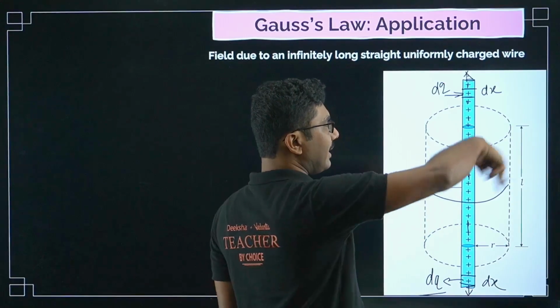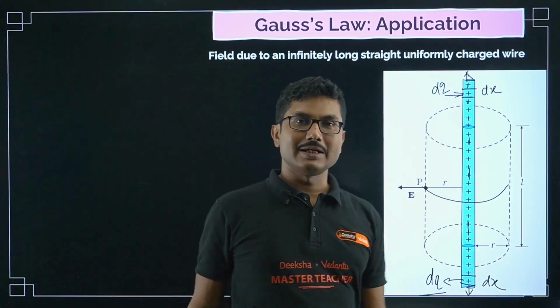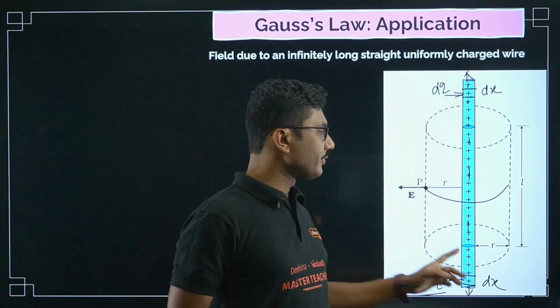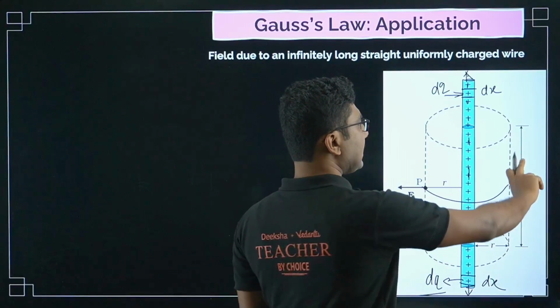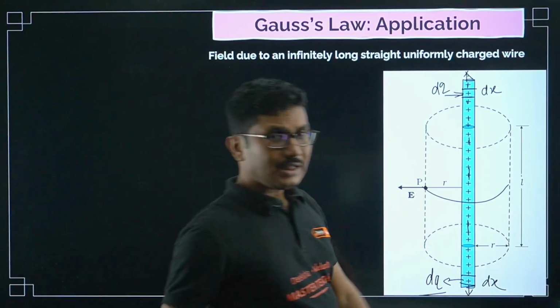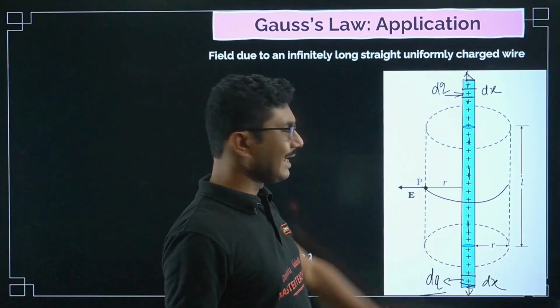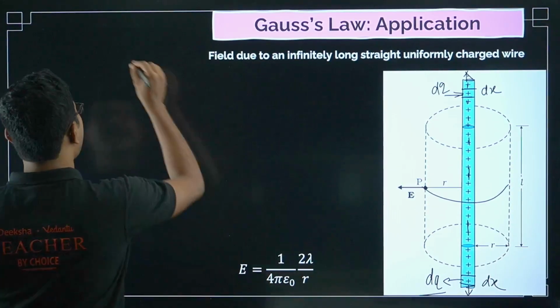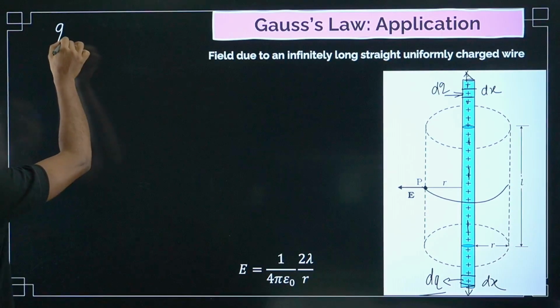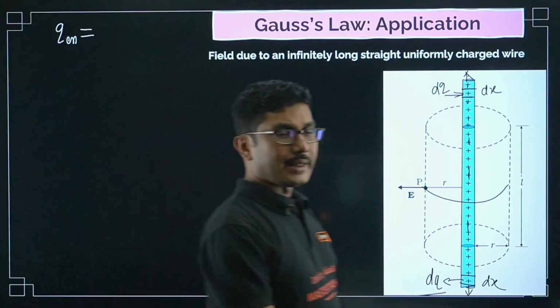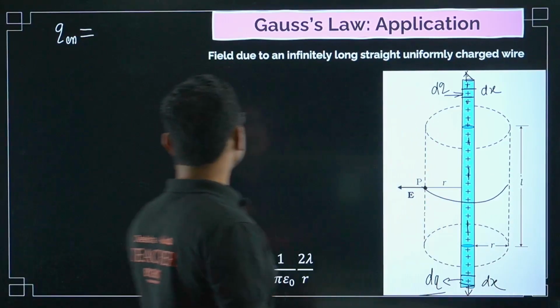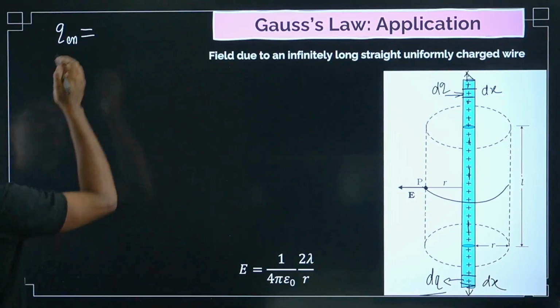So the radius of the cylinder is R. Okay, now we are considering a length L. If the length of the cylinder is L, then what is the charge enclosed by the cylinder? The charge enclosed by the cylinder is given by